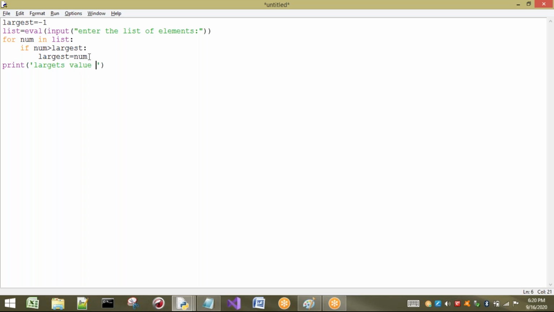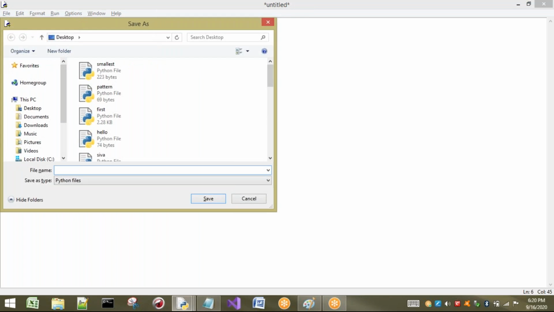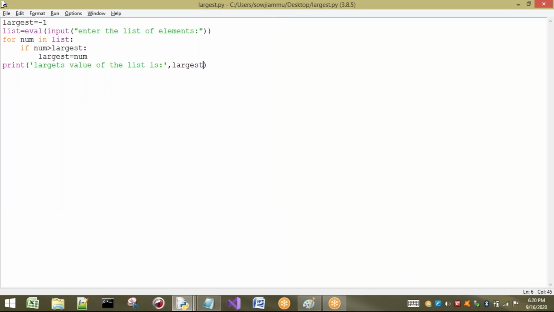Largest value of the list is present in largest. Completed. So if I take n number of values, not only one, if you take n number of values also, you will get the correct output. So let us execute once.